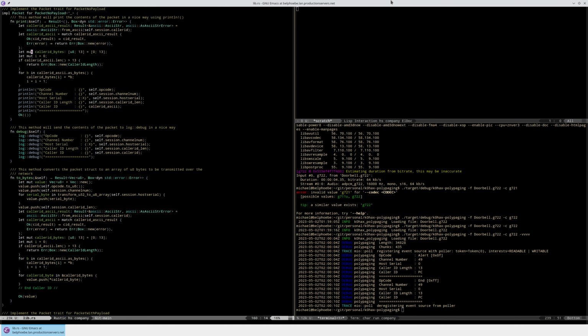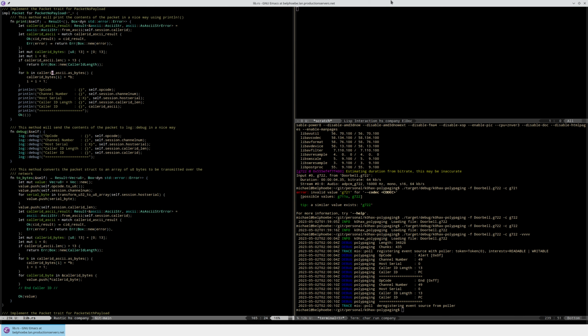Yes. So this is creating a 13-byte long array of unsigned 8-bit integers. So this is creating a specific size array. It's exactly 13 bytes long and filling it with zeros. So it starts out with zeros, and then we create an i equals 0, which is mutable, for this loop we're going to be doing. And it says, okay, if the caller ID length is greater than 13, throw that error. Otherwise,